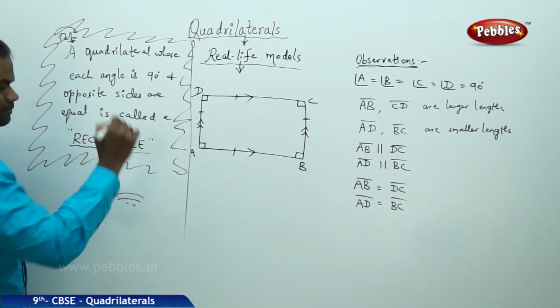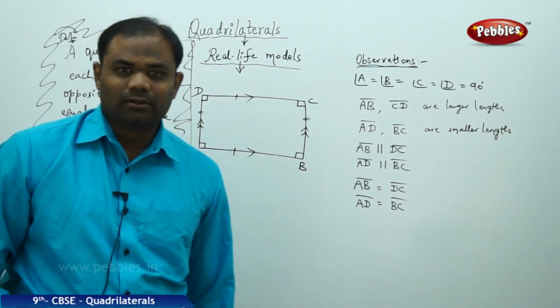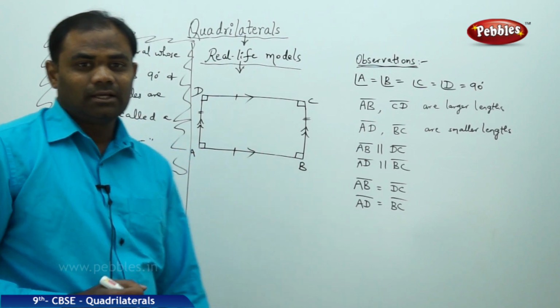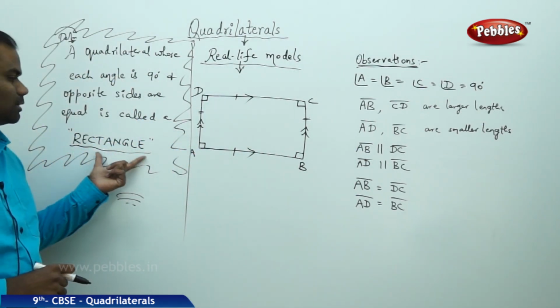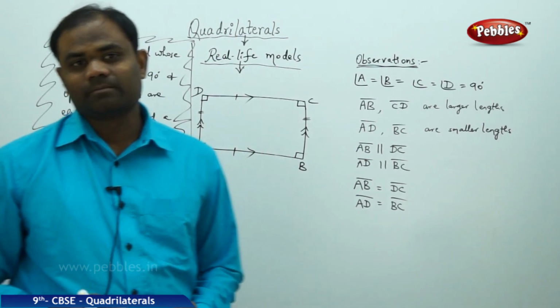A quadrilateral whose each angle is 90 and opposite sides are equal is called a rectangle, a special